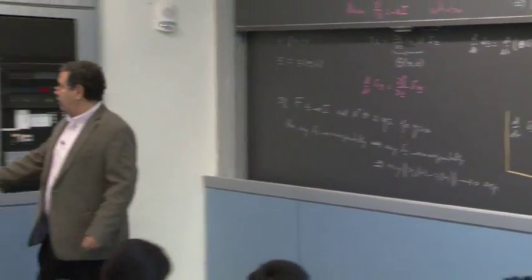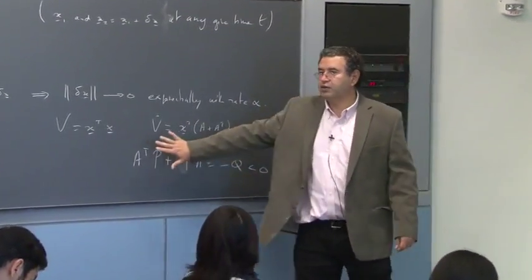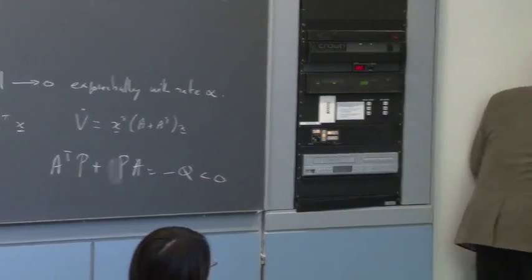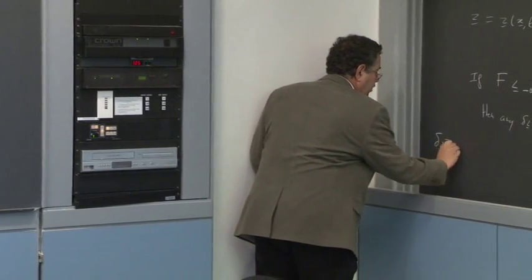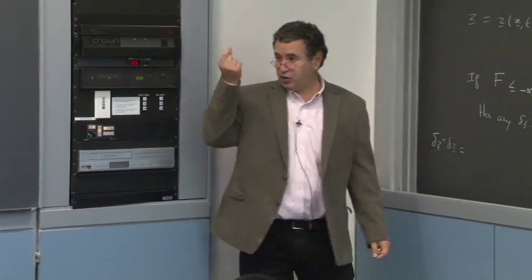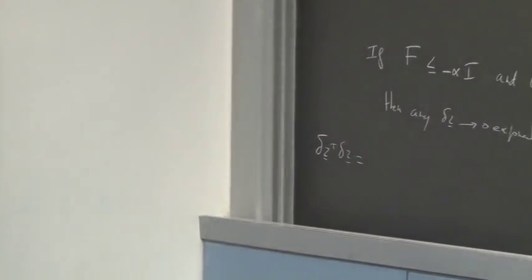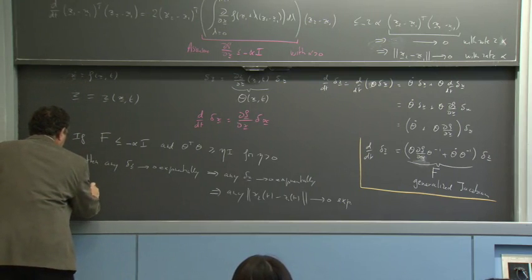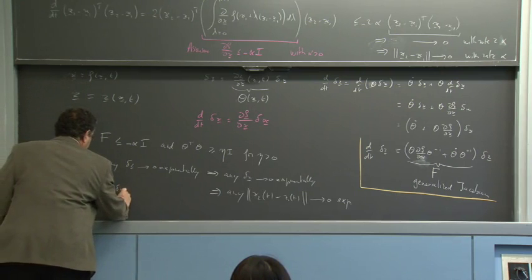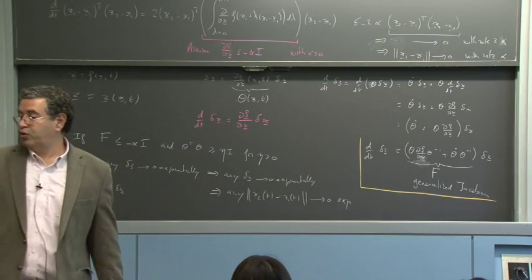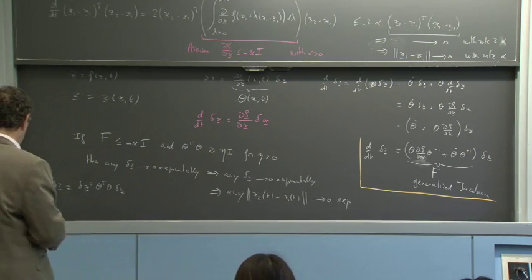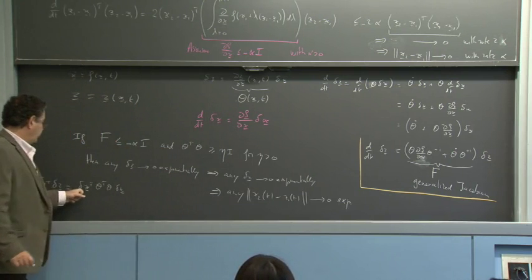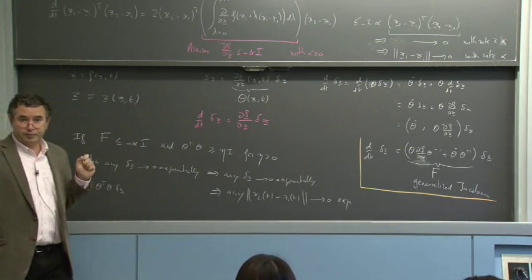Notice it's basically, except theta is time varying, the same idea as the Lyapunov matrix equation. Because if you think of it, we could say that delta z transpose delta z, this square length in delta z, is equal to delta x transpose theta transpose theta delta x, which kind of plays the role of P, if you want. Since delta z is equal to this, you can write it as delta x transpose theta transpose theta delta x.